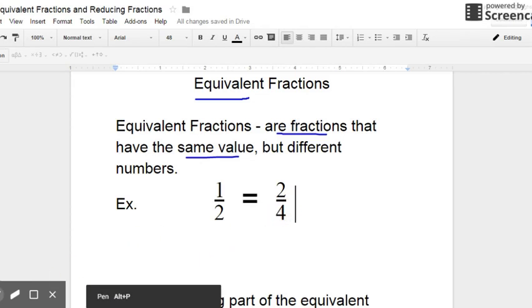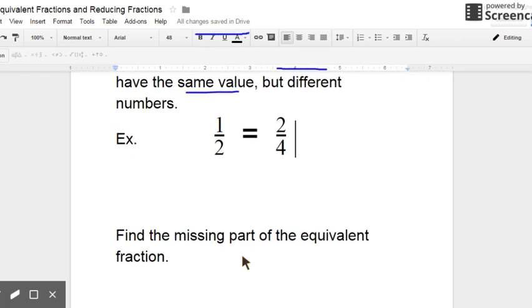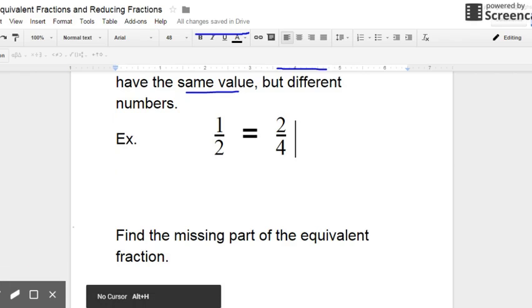So let's talk about how these are equivalent. A lot of us like to use the example of a pie or a cake, or a pizza, whatever you like to think about. So let's go ahead and talk about them as a pizza. Once again, I'm still using a mouse, so please forgive me. My drawings might not be as pretty, but